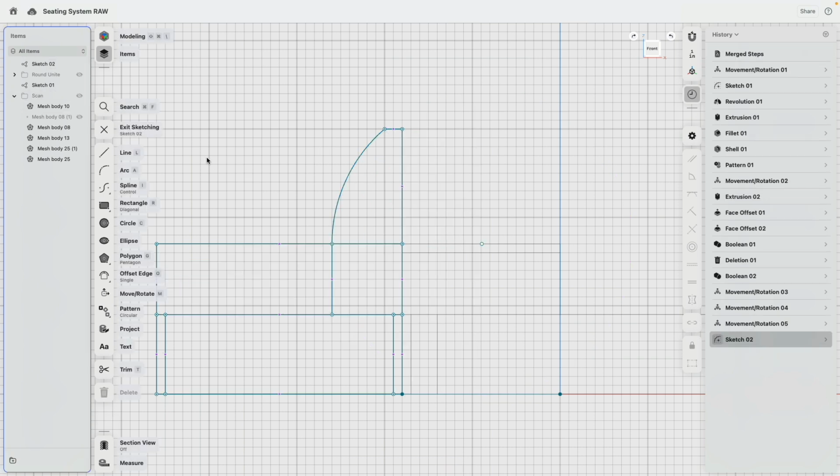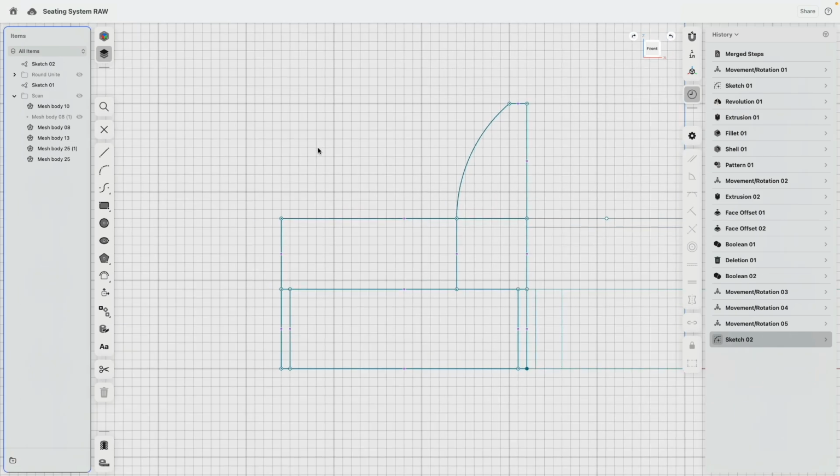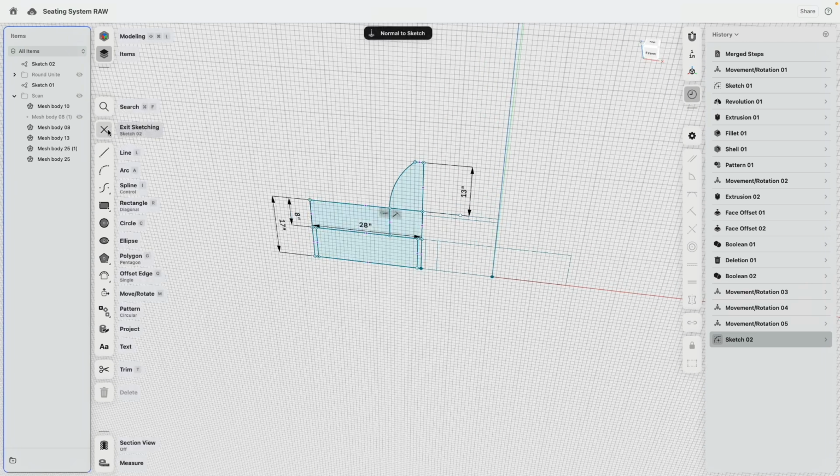Now again, you see how easy it is to do the drafting because you can just draw everything coarsely in proportion, and then you add constraints to it to specify and correct your sketch. Beautiful. Okay, so